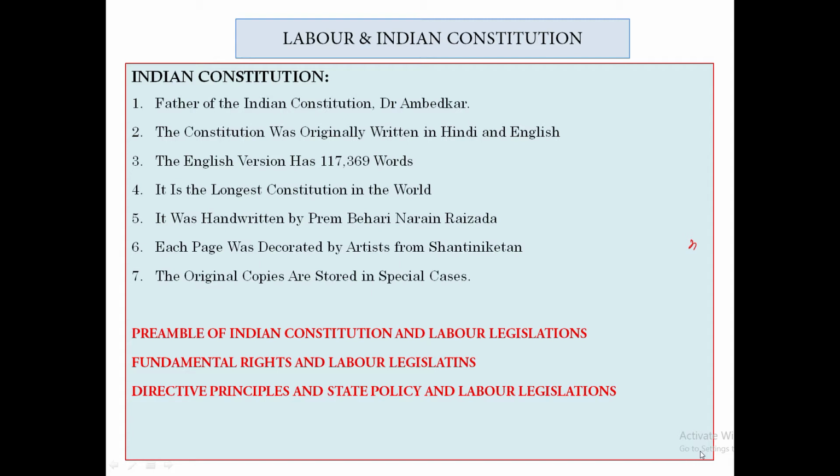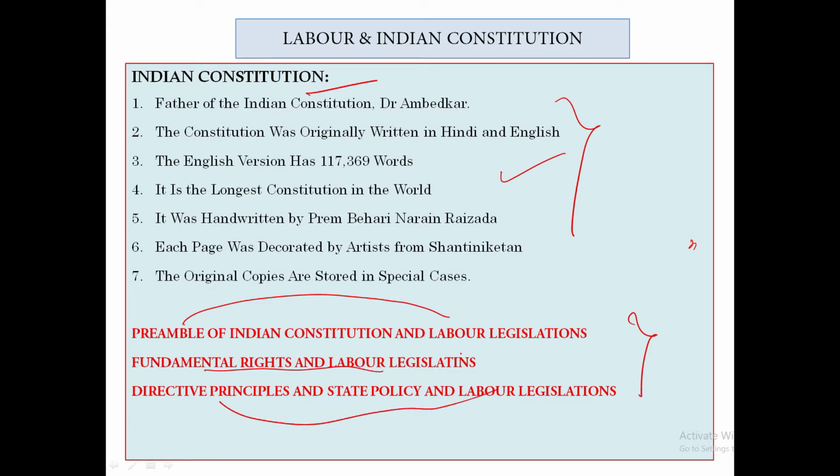Alright, on the screen you can see the Indian Constitution. Based on it, I have highlighted different facts. Please pause this video and read them one by one. Being a citizen of India, we should at least know what our Constitution is. Going to the topic directly, we will be discussing the preamble and labor legislation, fundamental rights and labor legislation, directive principles